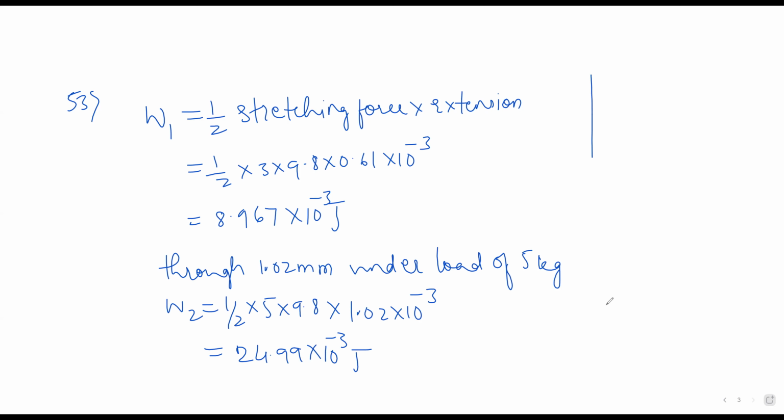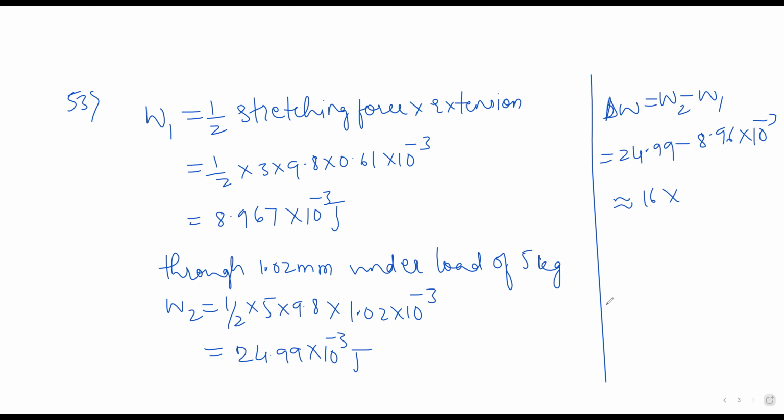So then by using these two, delta W value is equal to the difference we are taking, that is W2 minus W1. So after simplification, 24.99 minus 8.96 into 10 to the power of minus 3. We get this as 16 into 10 to the power of minus 3 joules. So according to this one, the right